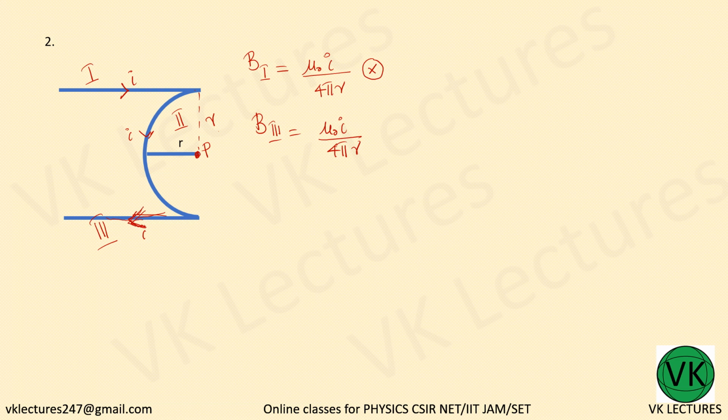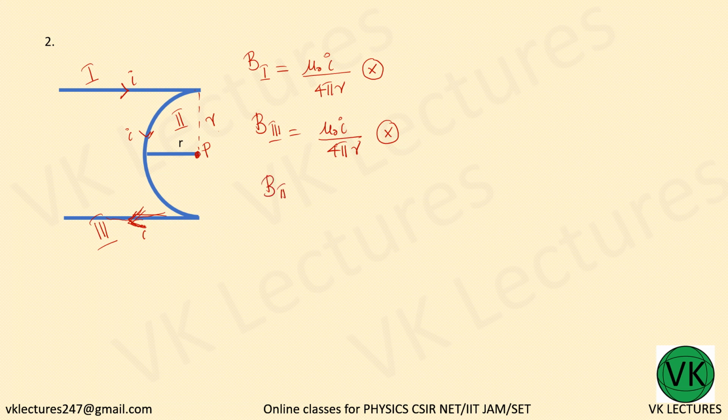coming to this P here, we are going with the direction and coming to this point P. So this is also in clockwise direction. While going with this current direction I, coming to this P, that is also in clockwise direction. Both are in the same direction of magnetic field. And next we need to find the